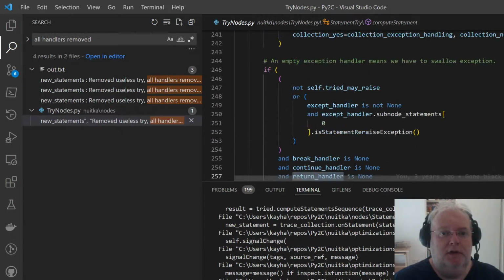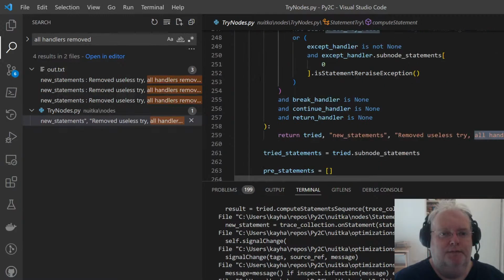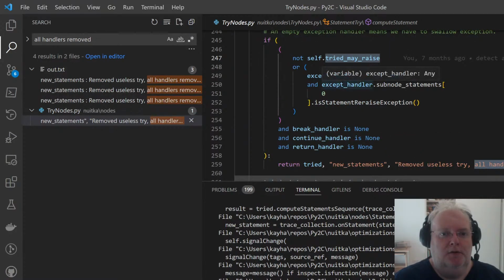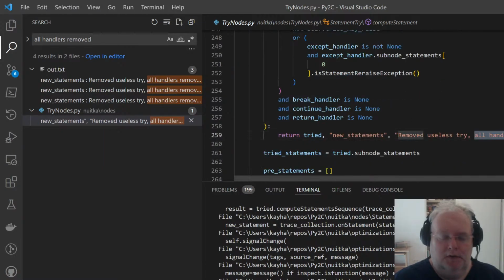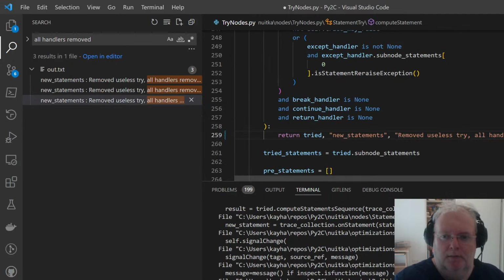If they all are none and the try block may not raise, or it's just a re-raise, or the exception handler is a re-raise, and so on. All handlers, I would say, became empty.